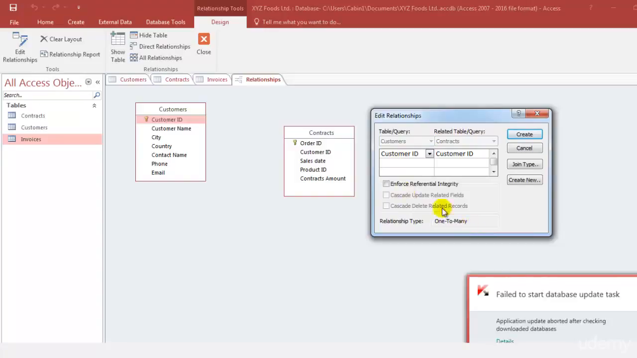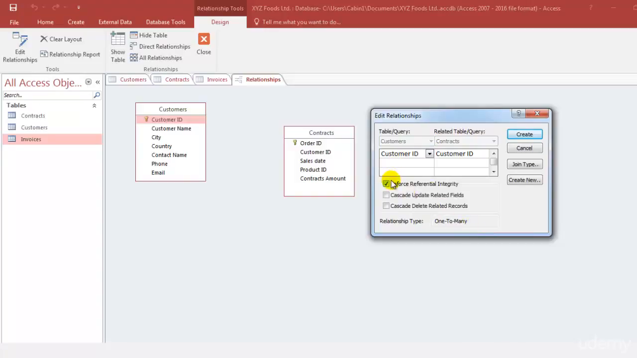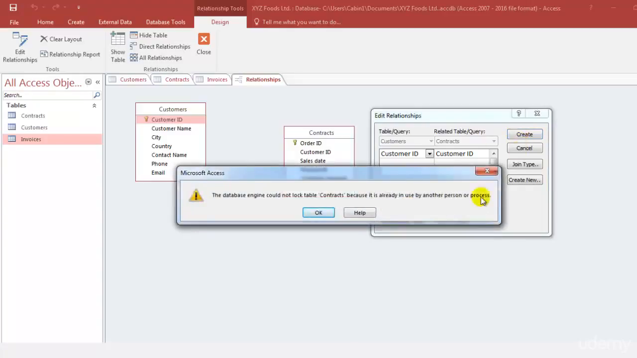Further, you need to enforce the referential integrity. You need to cascade update related fields and cascade delete related records. What does this mean? This means that, for example, if you remove a customer, then it should drop all the contracts as well. So if any record is added or deleted, it should do the add or delete and give the cascade down effect simultaneously in the other table as well. So this is the simple thing that needs to be done. With this, you just click on create and click on